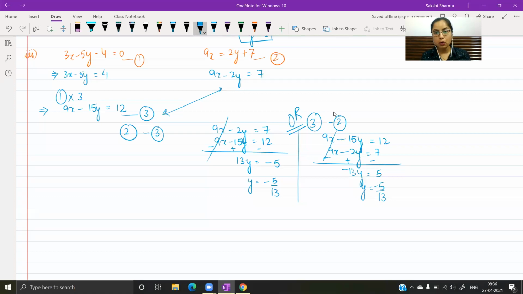The purpose of the operation is to eliminate the term containing x. So in whichever order you subtract, that term will be eliminated and the value of the other variable will come out the same. It will make no difference. And then you can use this value in equation 1 or in 2 and then find out your answer. I think it's better to use it in equation number 2 because that already gives me an expression to find out x.